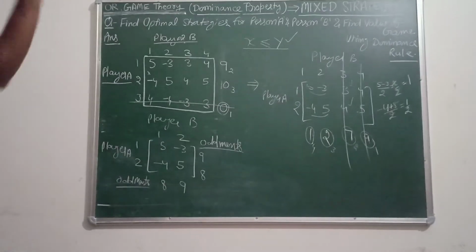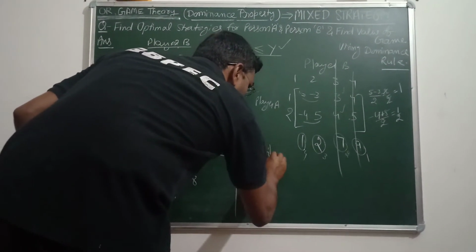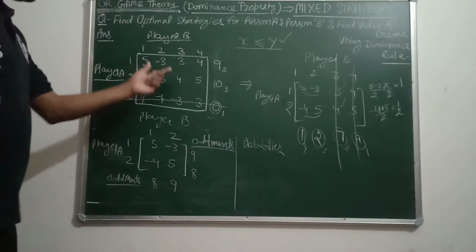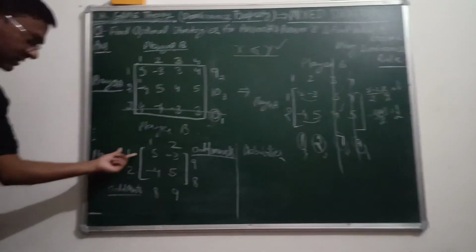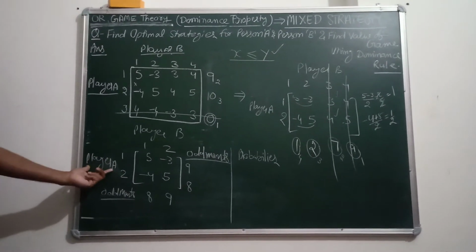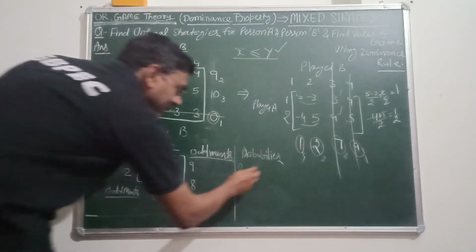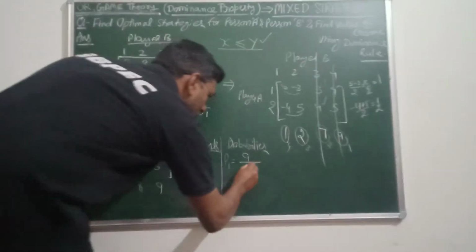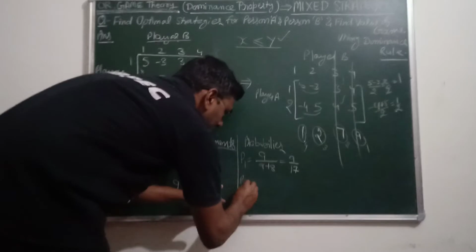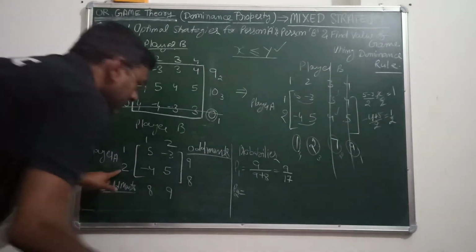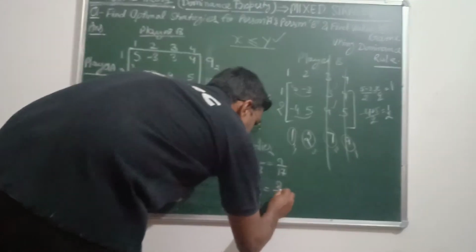Now again, what we have to do is find the probability. Probability of strategy 1 played by A, and this can be written as P1. Now you can find it by writing the oddments and then the sum of the oddments. 9 by 17, and similarly here for the second strategy for A, the oddment is 8 and the sum is 9 plus 8, that is 8 by 17.